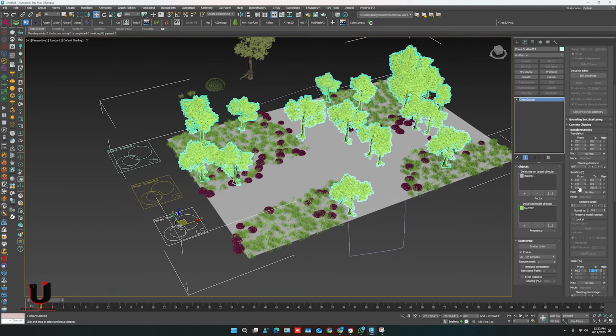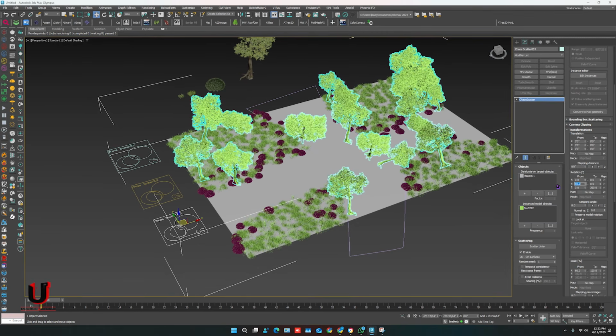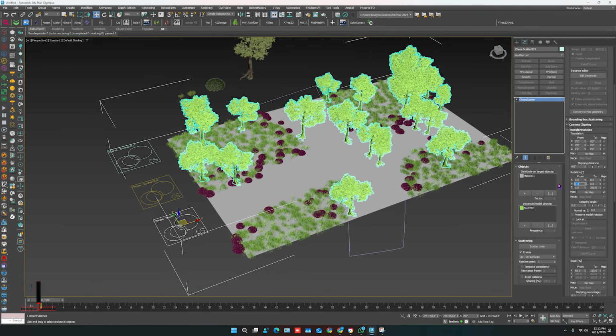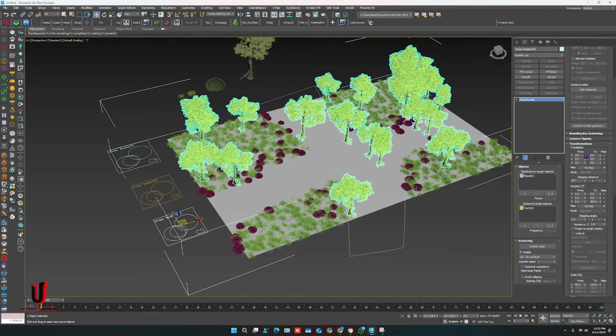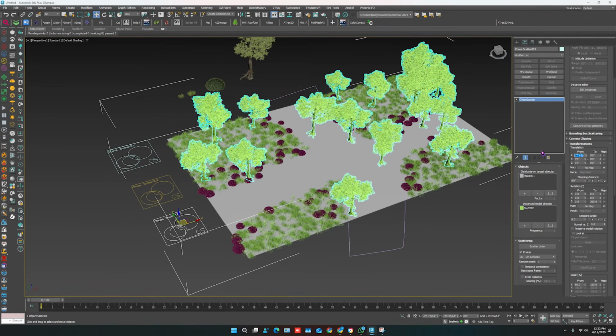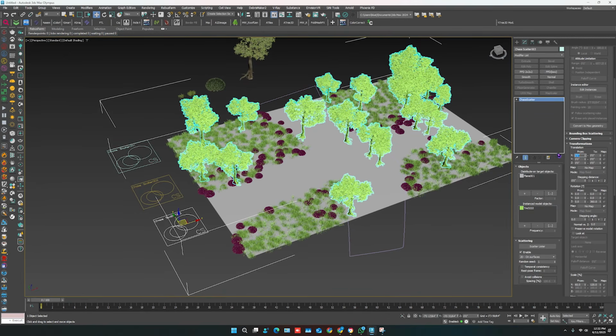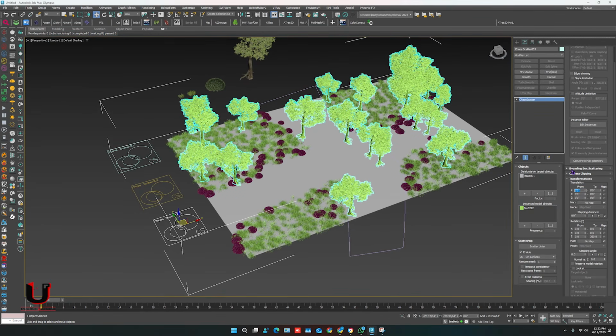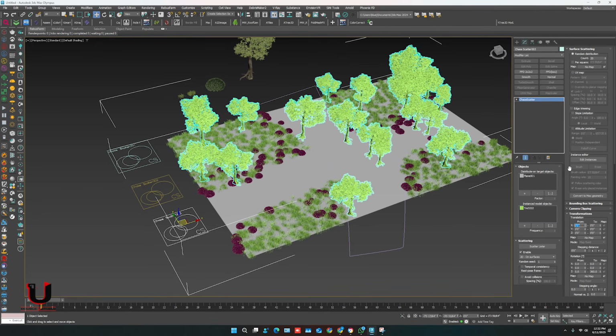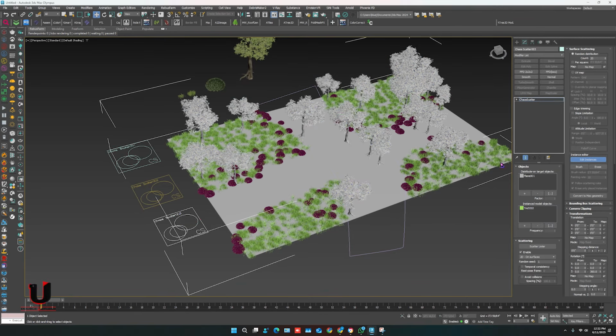You can also use the rotation option if need. With the instance editor option, you can also easily adjust the objects. As you can see,